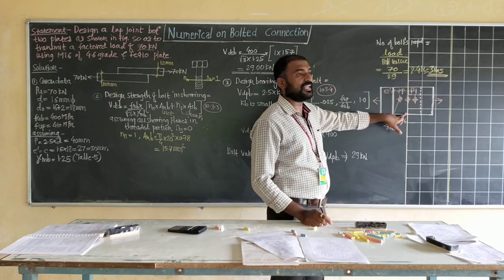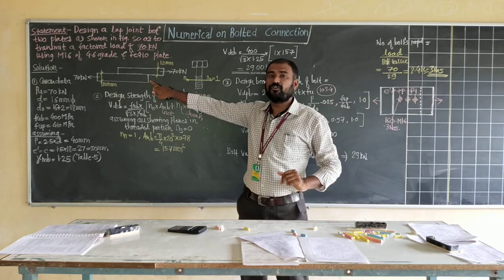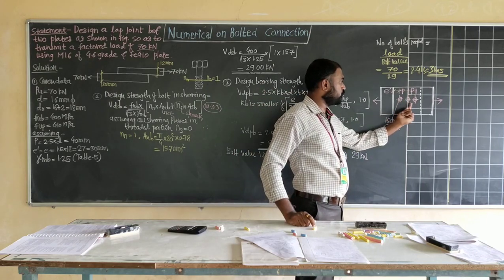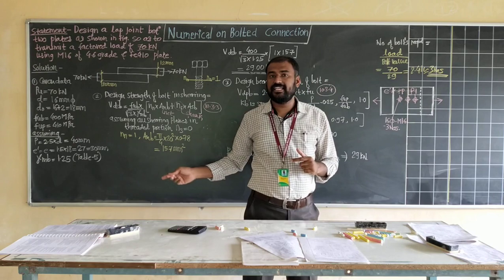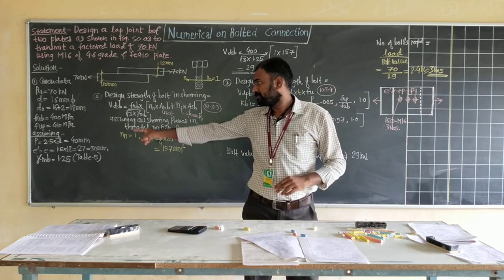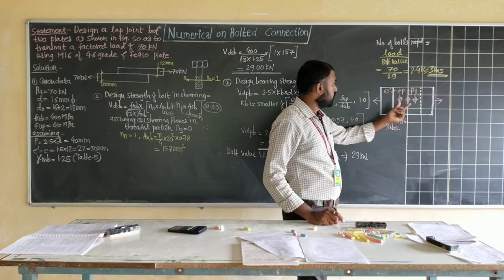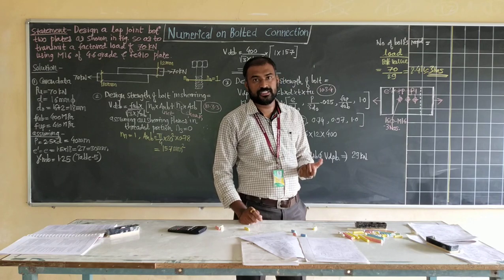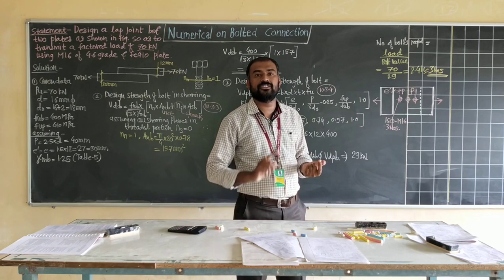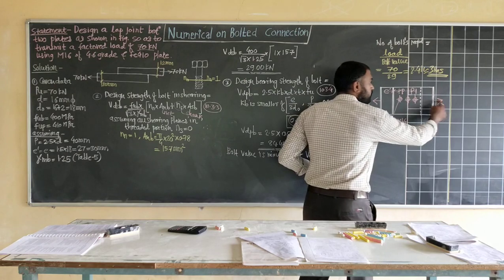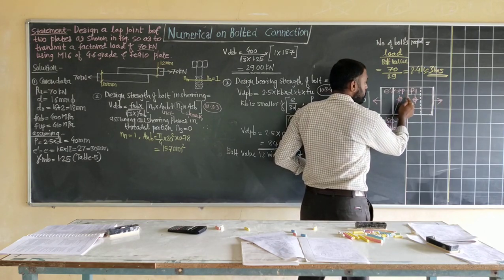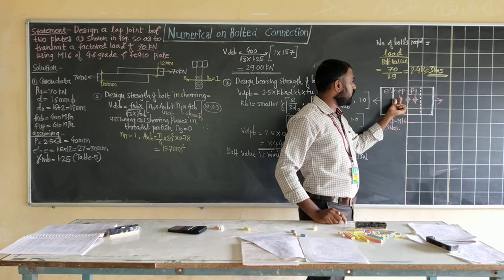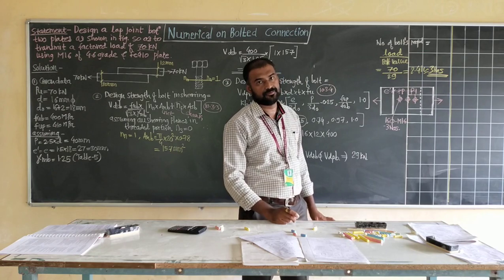Again I have drawn the same plan. This was the cross section for the given plate, and this is the plan. Here you need to provide 3 bolts, 1, 2 and 3. Correct? As per our design, the pitch distance is going to be 40 mm and the end distance is going to be 30 mm. The pitch distance is the center to center distance between consecutive bolts along the direction of load. This is the direction of load, and the center to center distance between consecutive bolts is the P value. So this will be 40 mm, this will again be 40 mm, and the end or edge distance we are assuming equal to 30 mm. Correct?